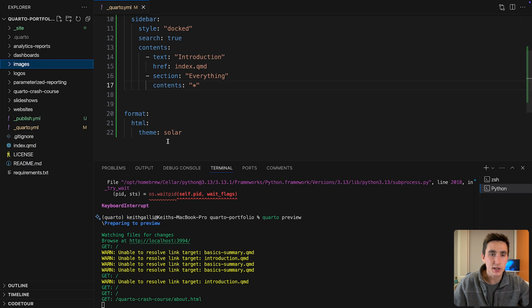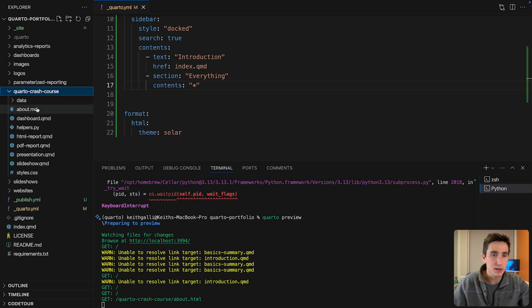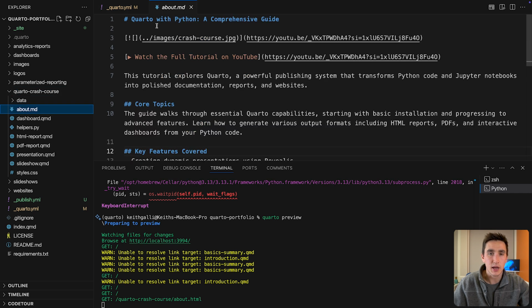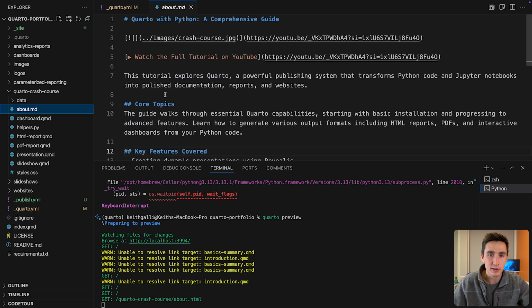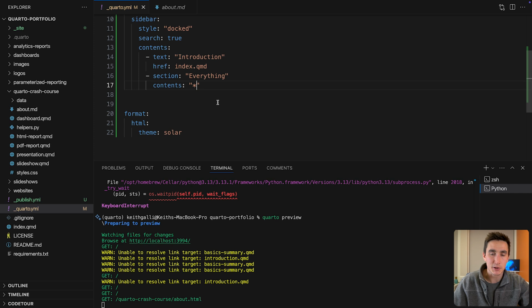A kind of strategic thing that I did was I made this about file a markdown file. No different, just that I knew I wasn't going to have any actual code in the about files, so I didn't need the perks of Quarto markdown specifically. So what I could also do with my publish is specify I wanted all files that end in